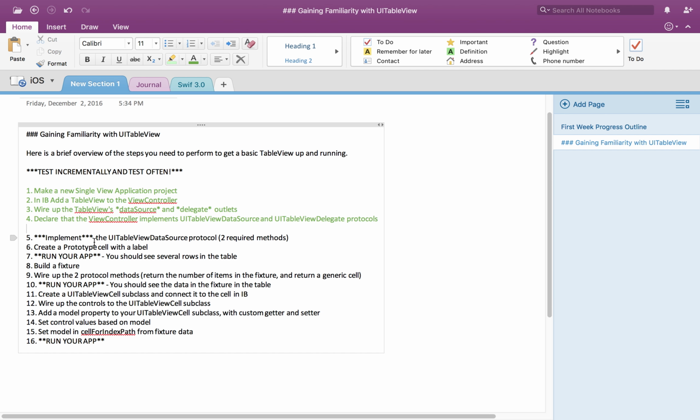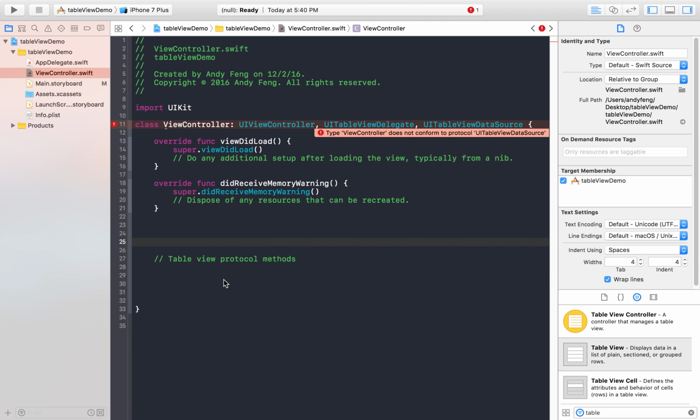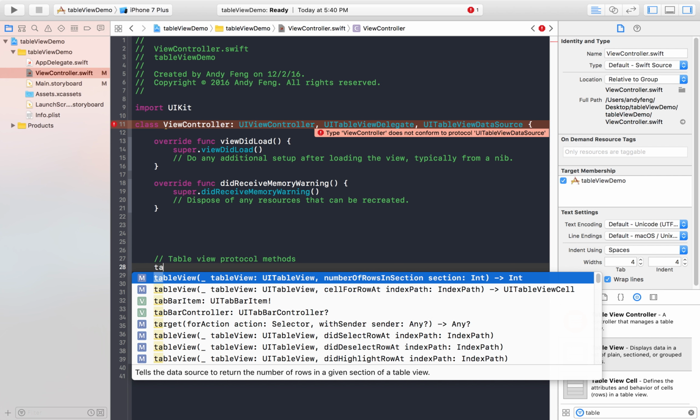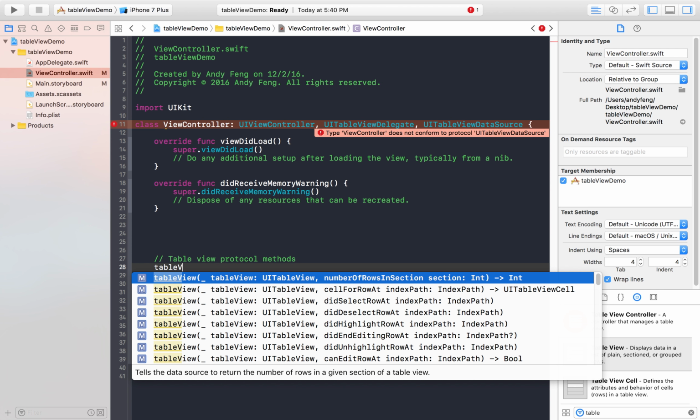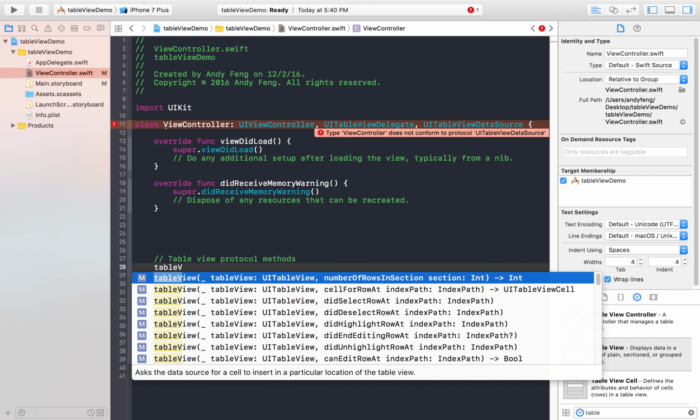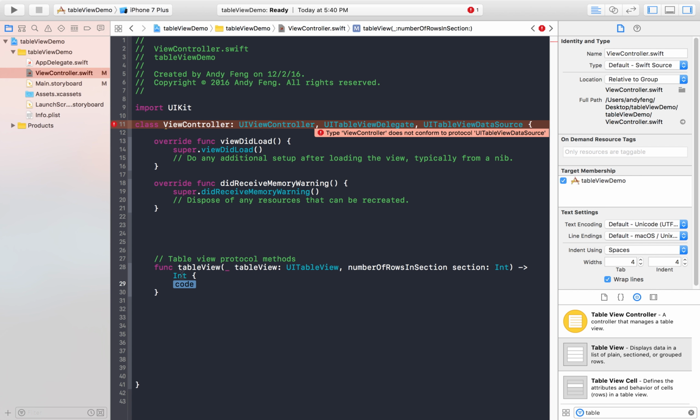Now, step 5. We are going to implement the UITableViewDataSource protocol, the 2 required methods. Those are the methods that I have to write down here in order to satisfy this condition so that it does indeed conform to the protocol of the data source and delegate. If memory serves me right, it's going to be tableView, numberOfRowsInSection, which is this first one. It's going to ask me to return an integer number. For now, I'm just going to return 0,